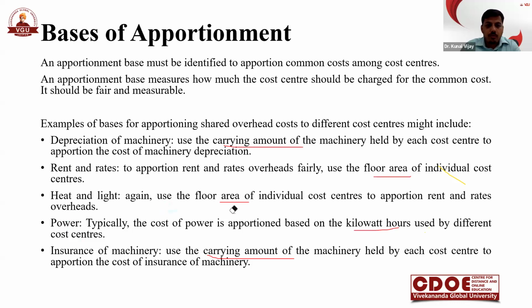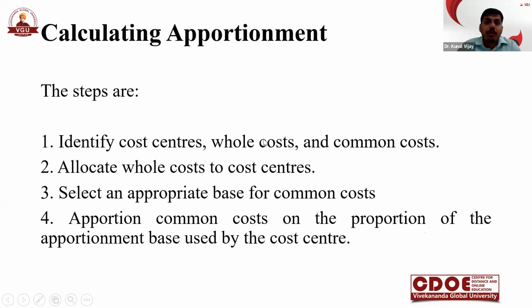Okay. Now coming to the next one. Calculating apportionment. So steps for calculating apportionment are: identify cost centers, whole cost and common cost, allocate whole cost to cost centers, select the appropriate base for common cost, apportion common cost on the proportion of the apportionment base used by the cost center. Very simple. First of all, we will identify the cost centers, that is production cost center, okay, or there